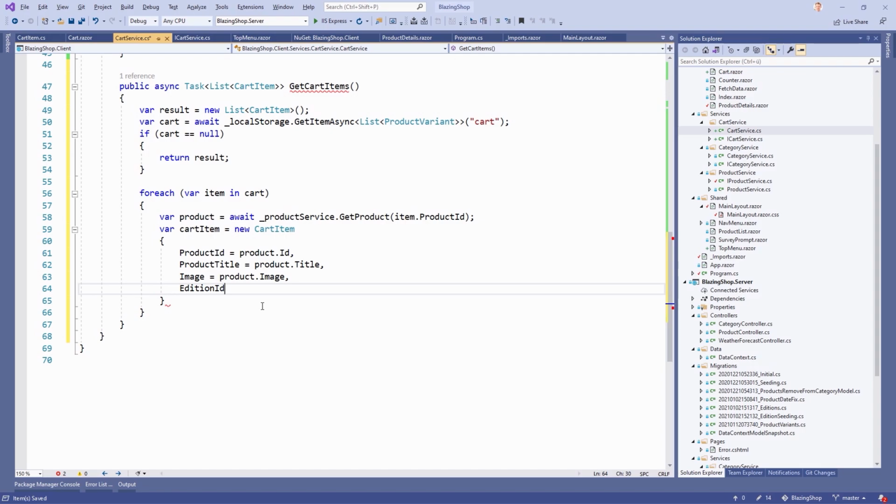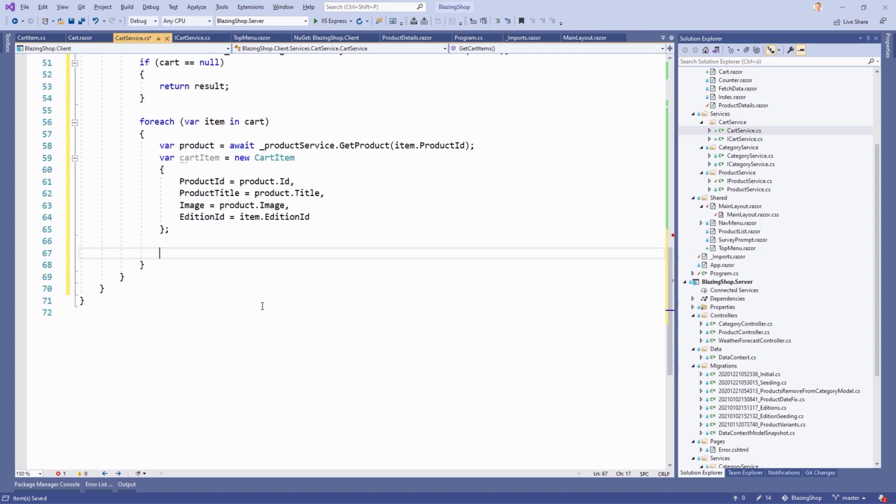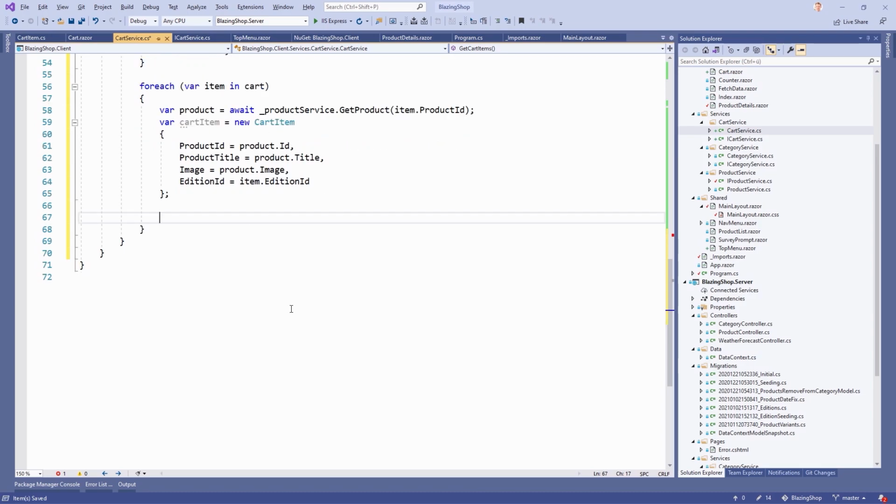The edition ID is actually item edition ID, like that. And then regarding the other properties, we first have to get the proper variant. So product variants find, and maybe just to show you,